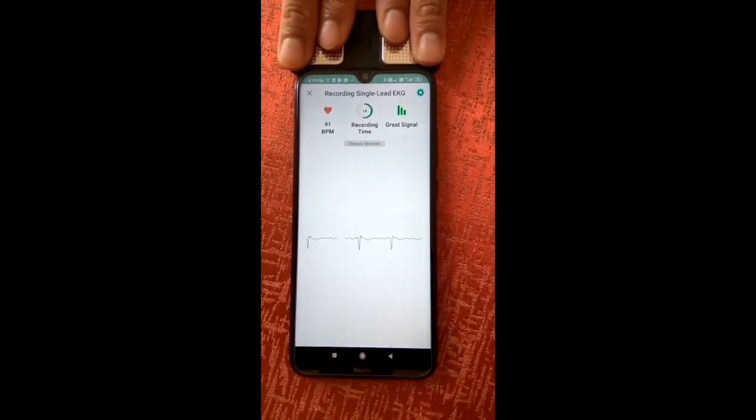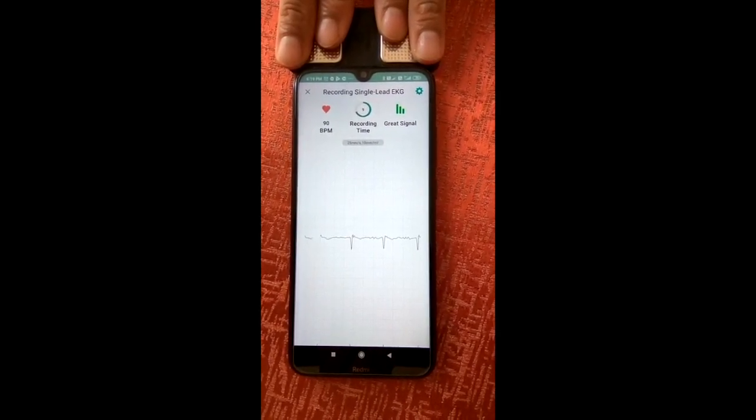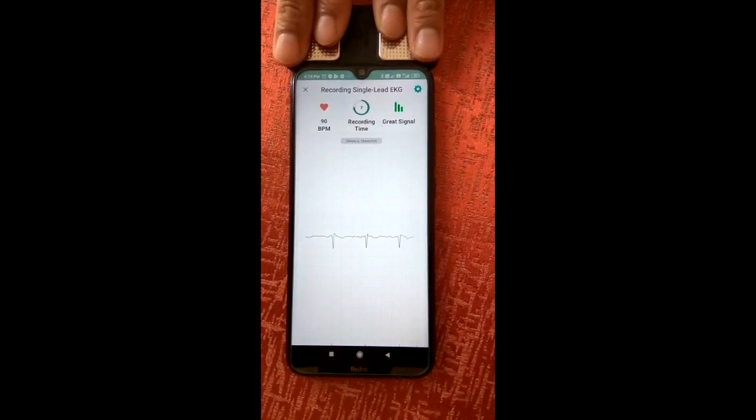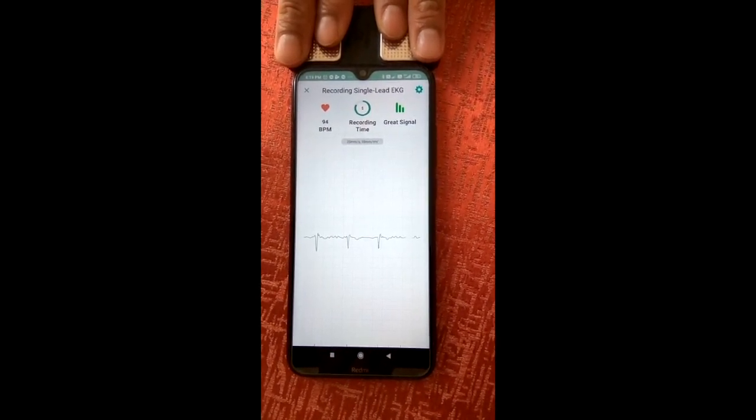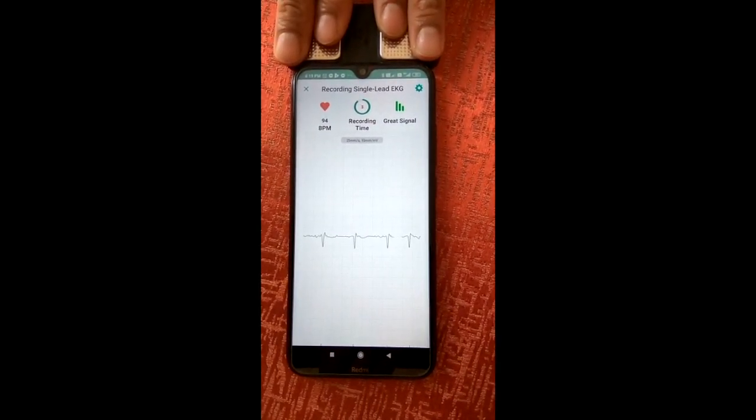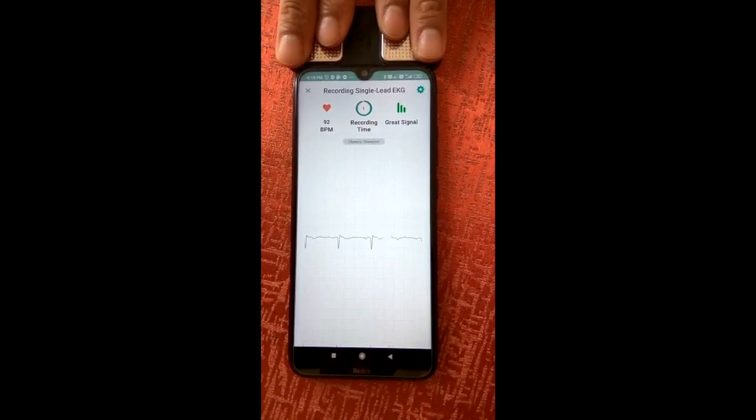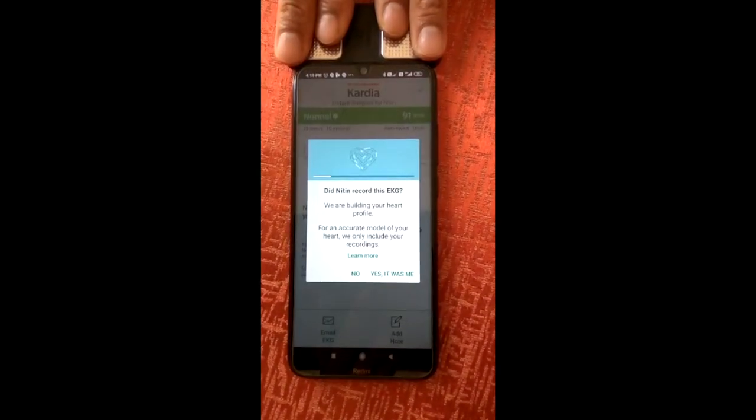These readings can then be emailed to the doctor from within the device app by the nurse or the caregiver.